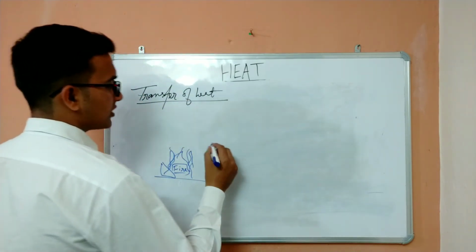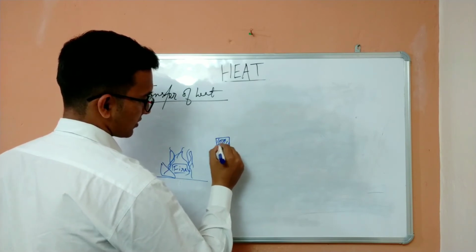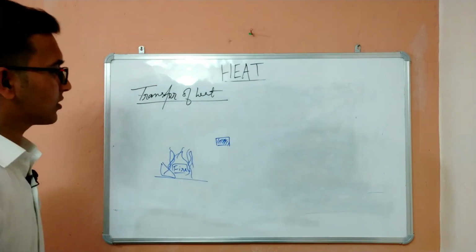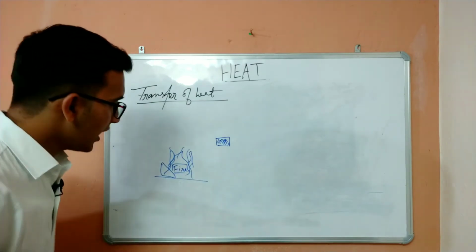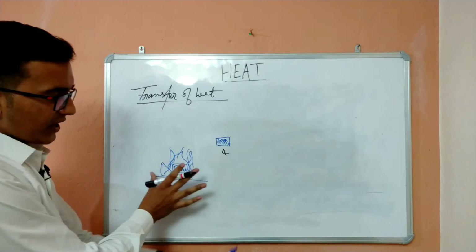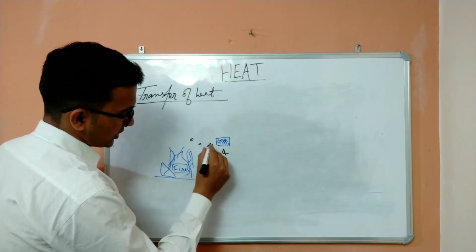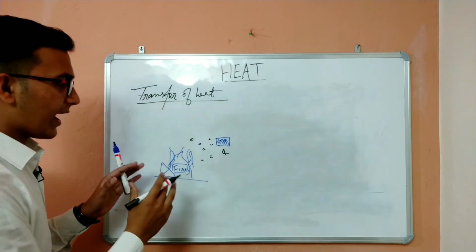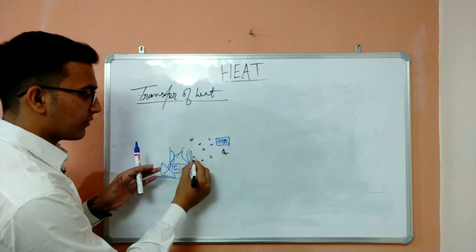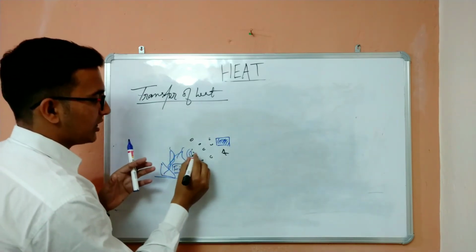Whatever it is, suppose there is an object. We are physics students, chemistry students, math students. We draw like this. Suppose the object's name is A, and this is fire. There are air molecules in between the object and the fire. What happens is, the air molecules in front of the fire absorb the heat, so they start